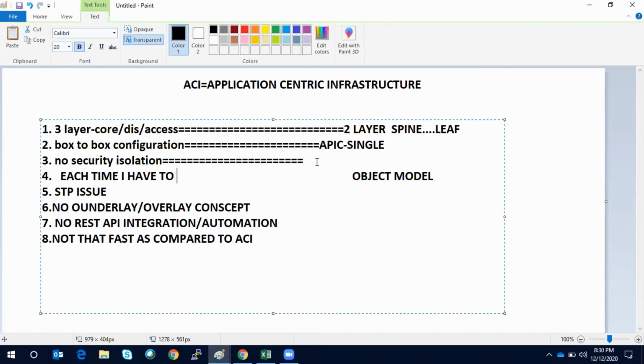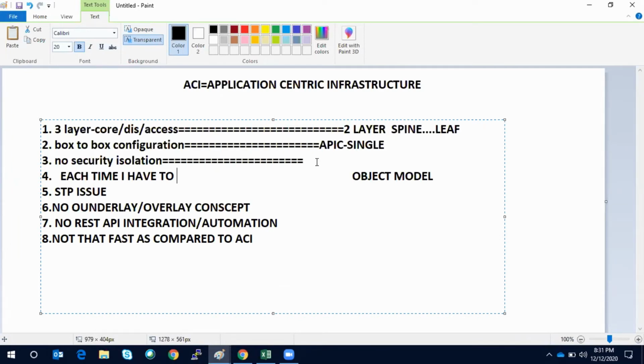Now, the fifth point, the STP issue. In traditional networking, you have this STP issue. If you have redundant layer 2 links, one link will be forwarding and one link will be blocking. That means 50% of the bandwidth is getting wasted, because that 50% of the bandwidth is just waiting for its time to serve. Let's assume you have a 10 gig or 1 gig connection. You know that 10 gig and 1 gig ports are expensive. So you have connected them just for the bad days, but in the meantime they are not working.